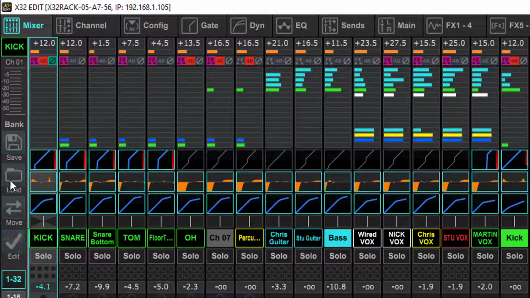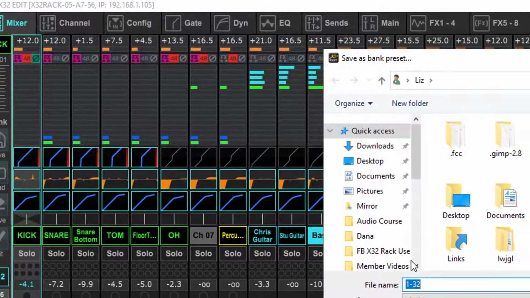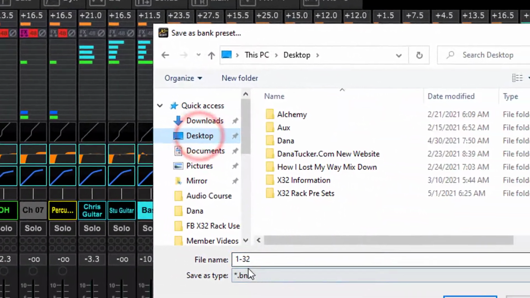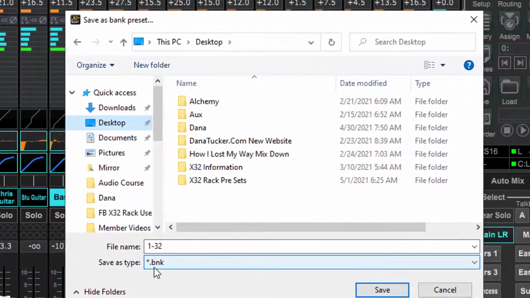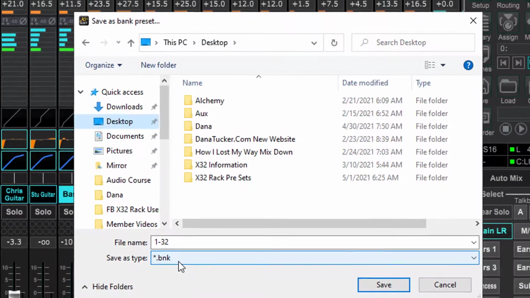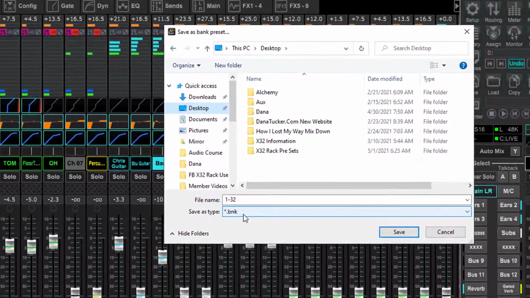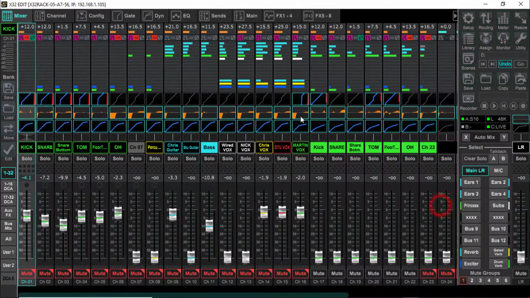So we're not going to edit it, but if we wanted to save it, desktop, as you can see, 1 through 32, now it's in the BNK file format, but it is still a text extension to where any text editor should be able to open it. Okay? So now that we know how to save the scene and what they are,